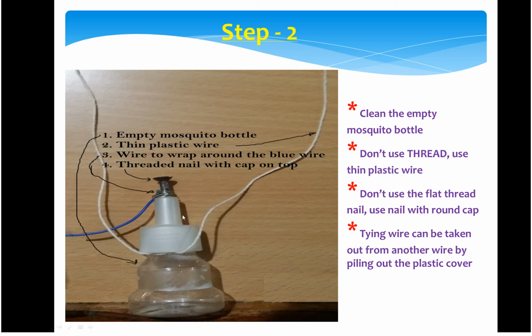Basically for that wire, one of the places I know it is used is fishing. So it is a little thin plastic wire. You have to tie it on either side, and when the thread comes out, it should be in opposite directions. So that's the one. Then before that, what you need to do, as I told you, is